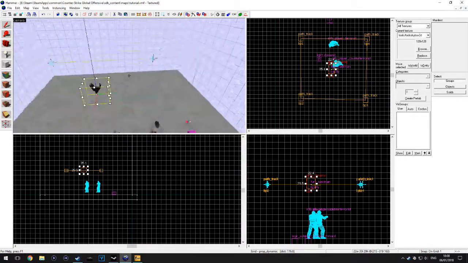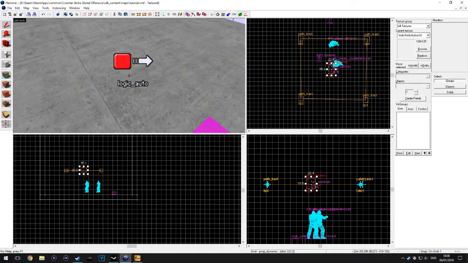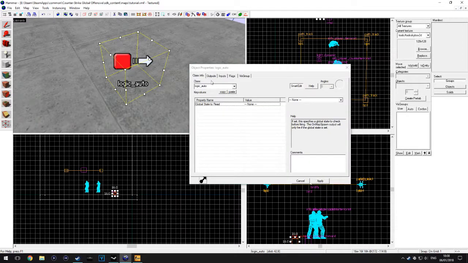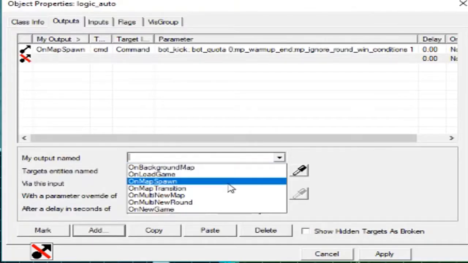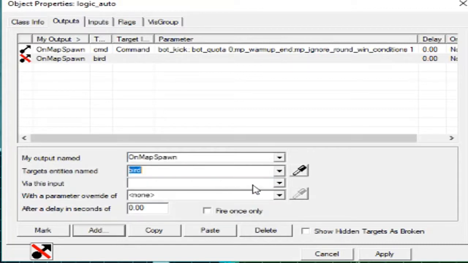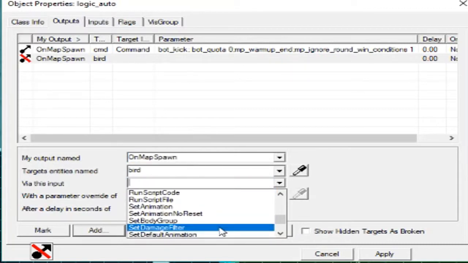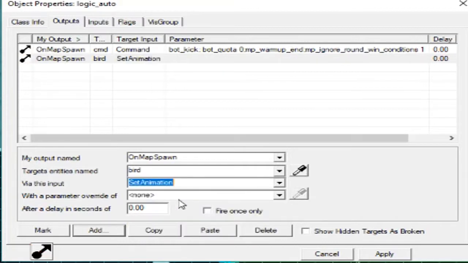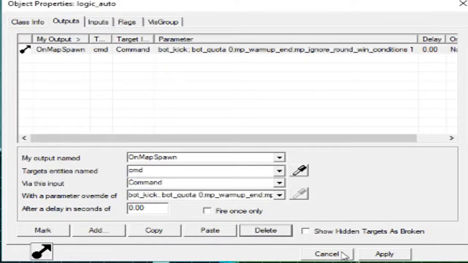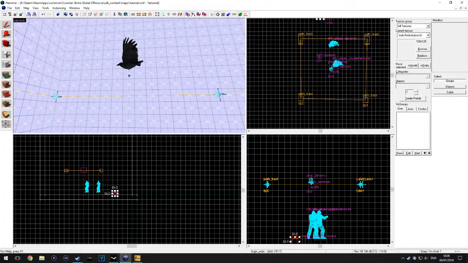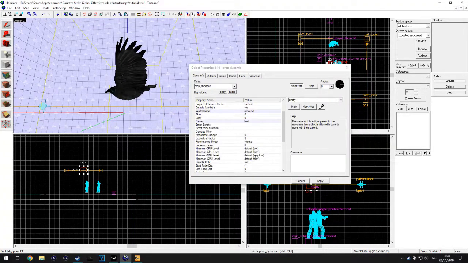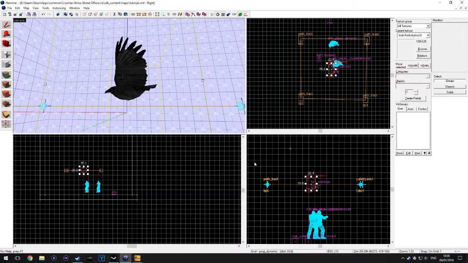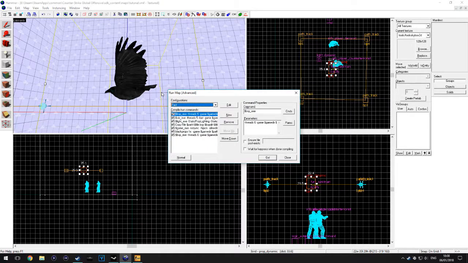Save. Well, we could have it in a logic auto if you want to change the animation. What you need to do is the output name, bird, set default animation or set animation, then copy it exactly from that, and that's if you want to change it. But since you want it to be only one animation throughout, we go to here and go to default animation, fly 1, there we go. Then we hit F9, enter,